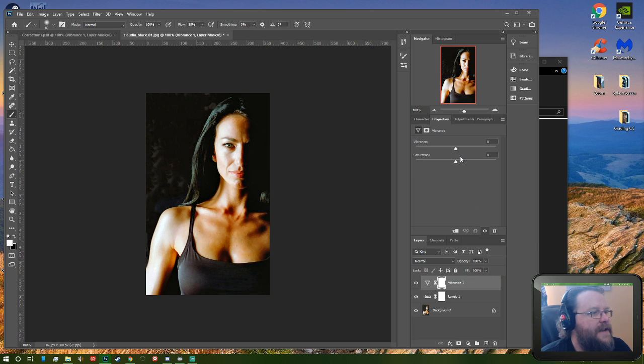Vibrance. And if we now play around with the vibrance and the saturation, you will notice now there's a bit too much color in this. You never thought you'd say it, but now as we just tweak that down a little bit,